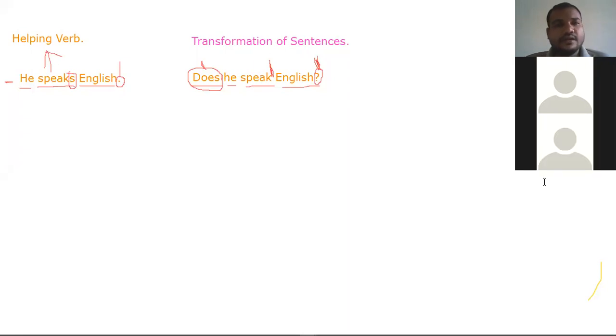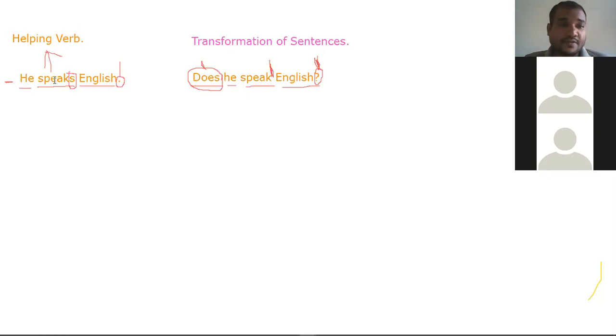Yes, sir. Right. So, to change a sentence from assertive to interrogative, there are three differences, correct? So, what is the first difference? Yes, sir. Here we added a helping verb and then we removed the S from the main verb, and an interrogative sentence ends with a question mark. These are the three differences we observed. Now, to make a sentence,